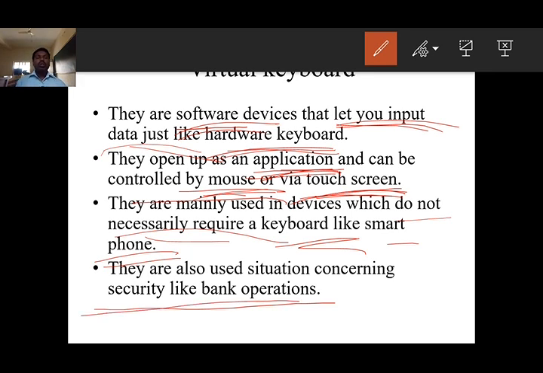See, if you want to open your bank account using mobile, which means you are not going to open a new account, you are having an existing account. In this existing account, if you want to transfer, how do you have to open your account? By using username and password. Understand? So how do you have to enter the username and password?